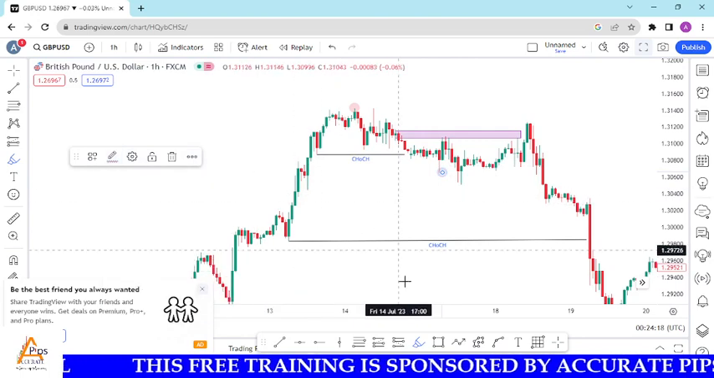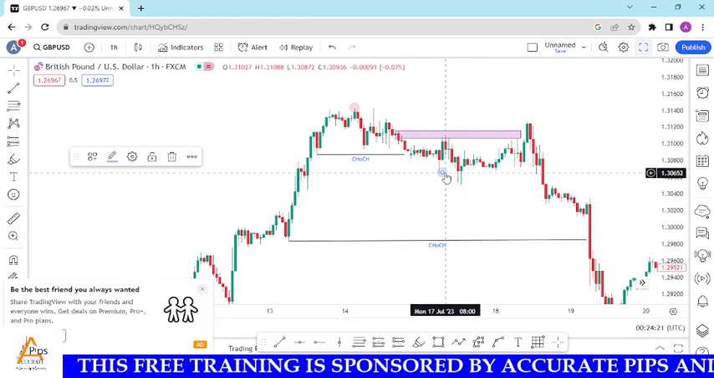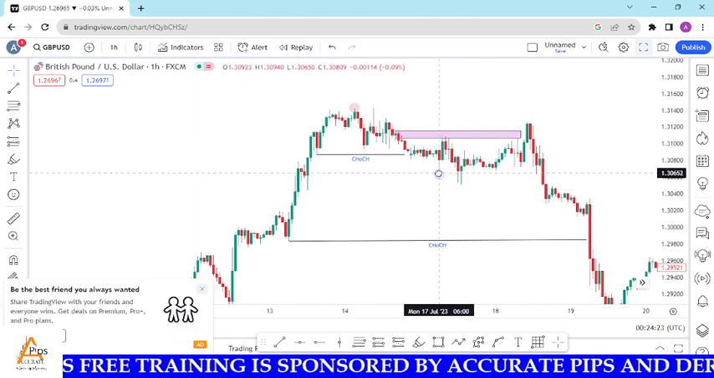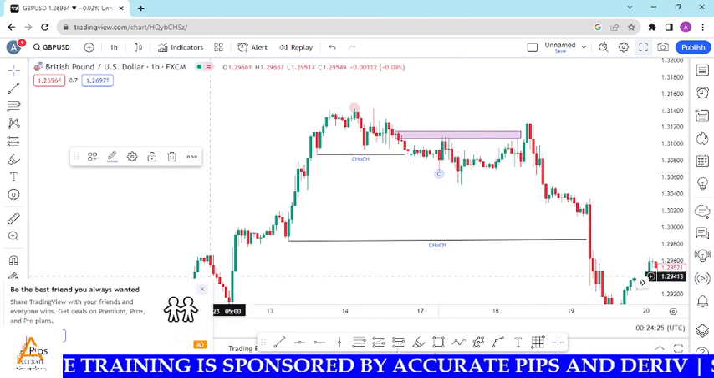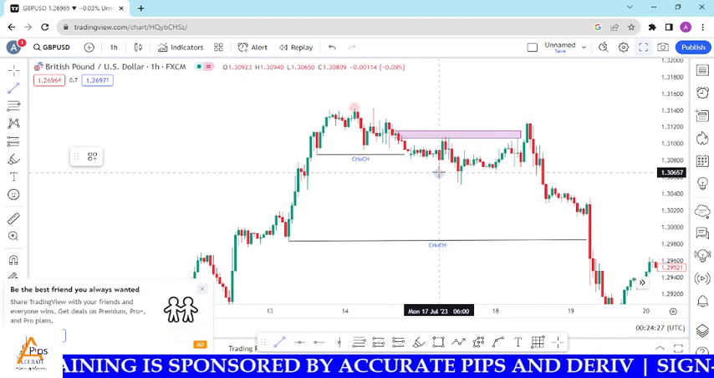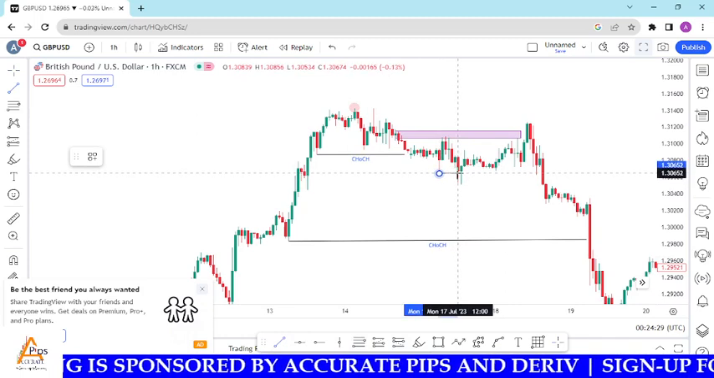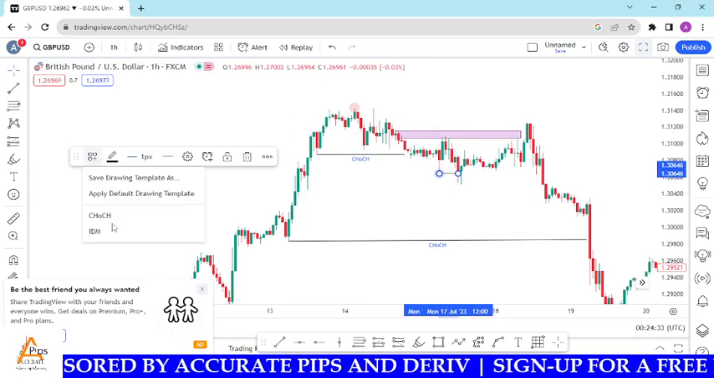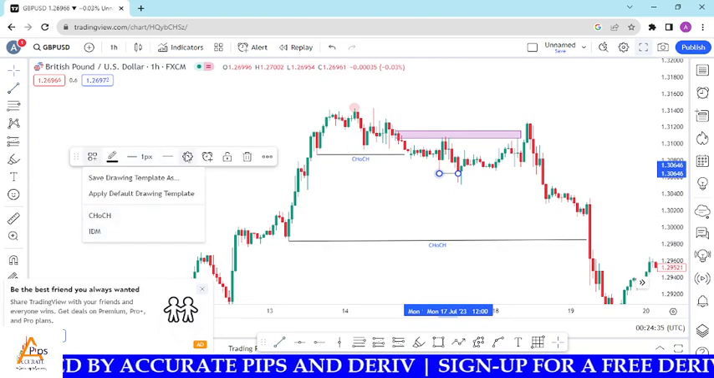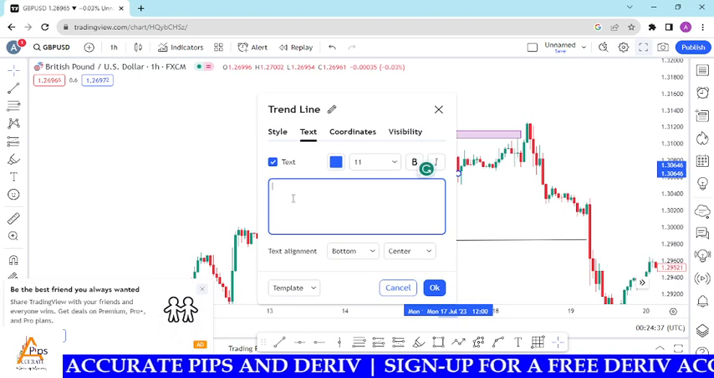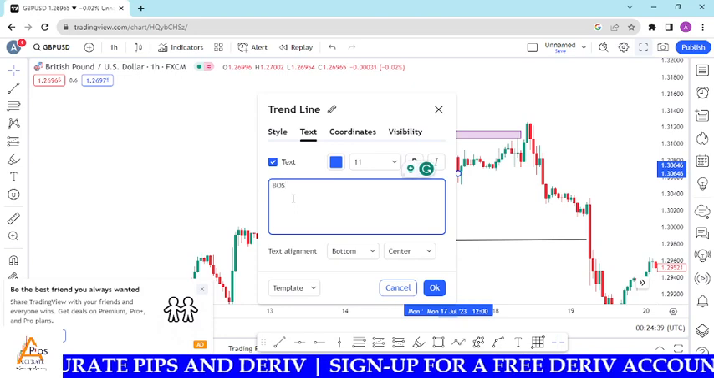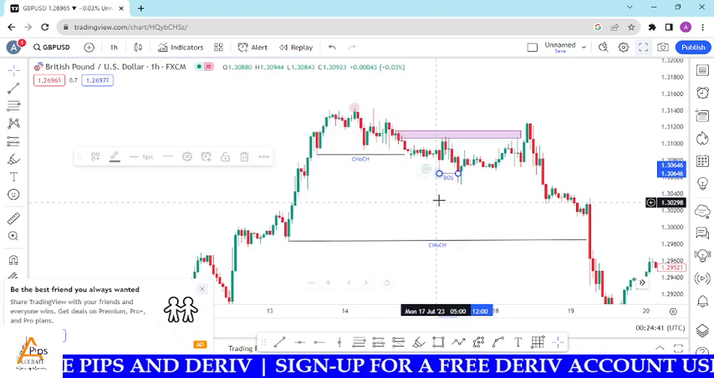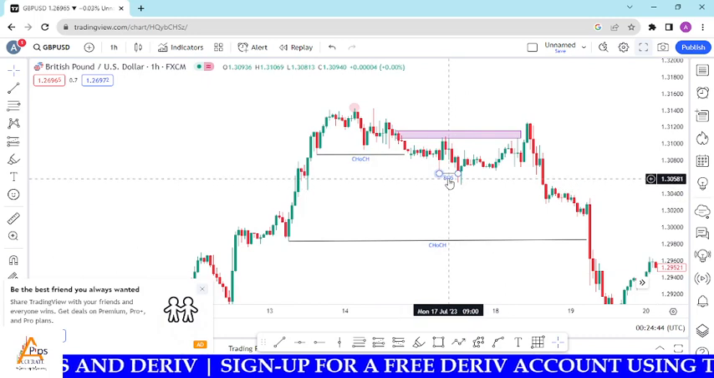We do this blue, so that becomes their low in the market. And next time price breaks this area, they will see it as a change of character. They will mark this as a break of structure, BOS. Okay, they will be marking this as a break of structure, which